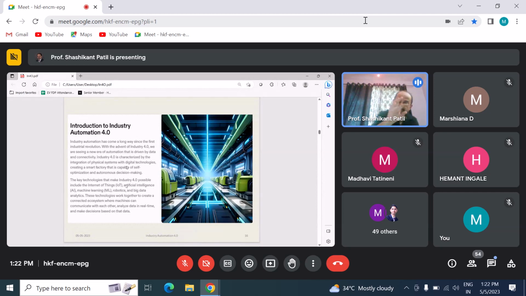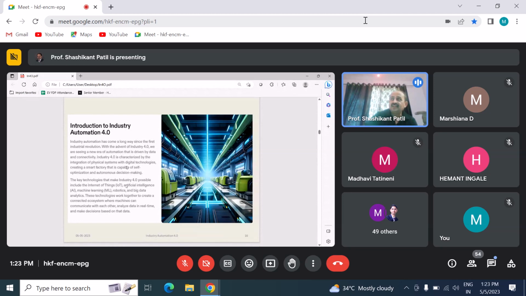So it is a very beautiful concept, like you can say it is physical systems with digital technologies as well as optimization, and we are also introducing here decision making capability. Like we human beings can take decisions. So if you want to introduce this factor, Industry 4.0, you need to depend upon the technologies like